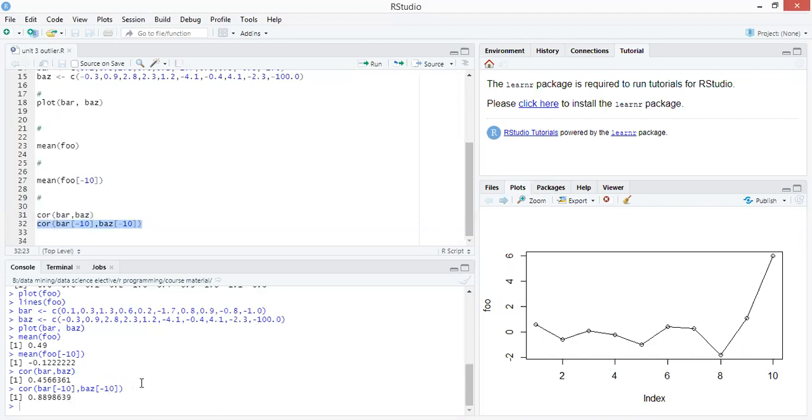It means that if we are not considering the outlier, it shows a higher correlation between the values. Higher and positive correlation means that as the value of a particular vector is rising, similarly the value of the next vector is also rising. There is a positive correlation between these two variables.